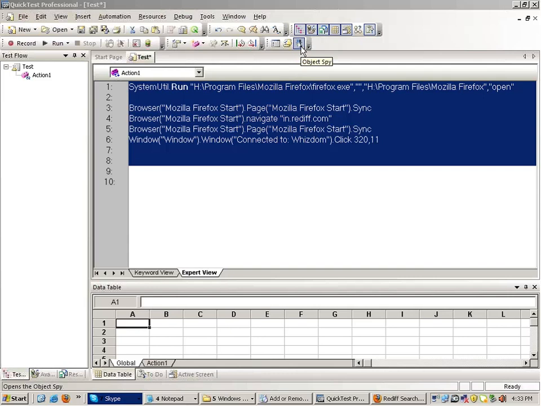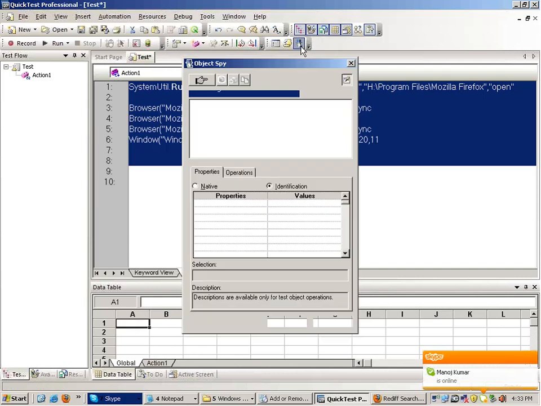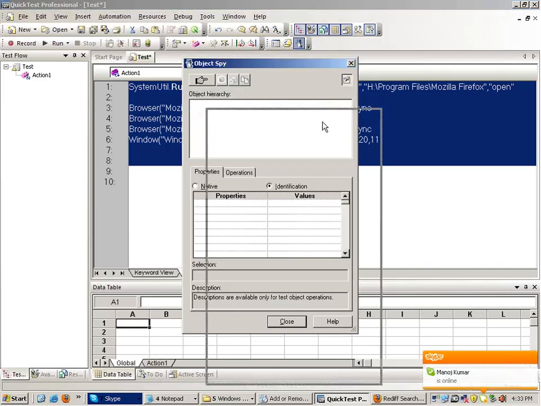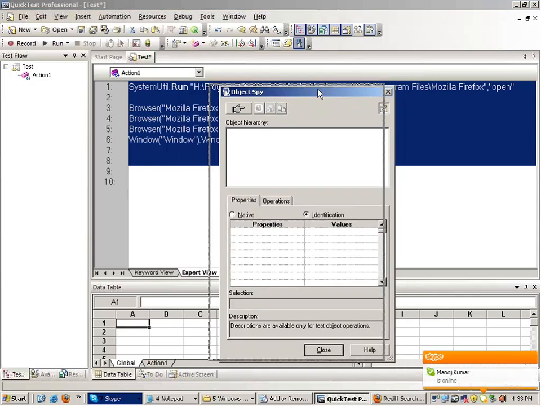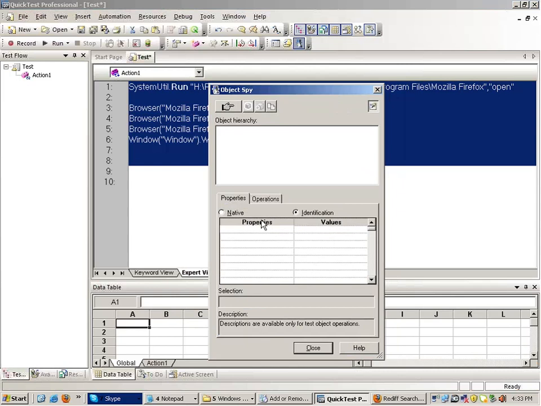The Object Spy is out here. When you click on Object Spy, a window like this opens up. There's a hand on it, and it's got a properties panel, values panel, and everything.